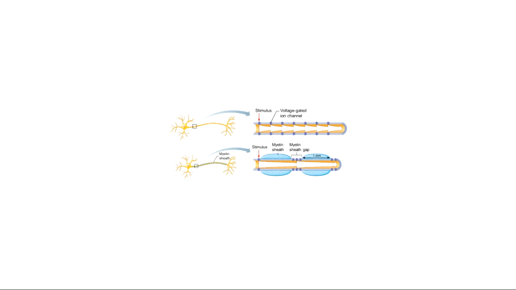One of the ways it can move is something called continuous conduction, and the other is called saltatory conduction. Saltatory conduction is the way that a neuron that has myelin on its axon can send messages. Continuous conduction is the way that any neurons that happen to not have myelin send their